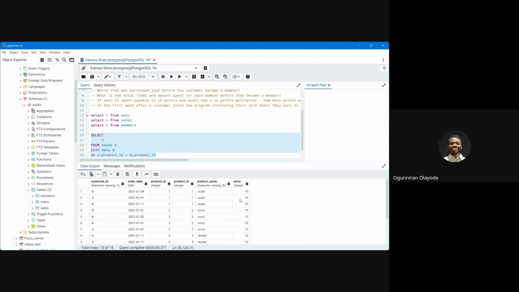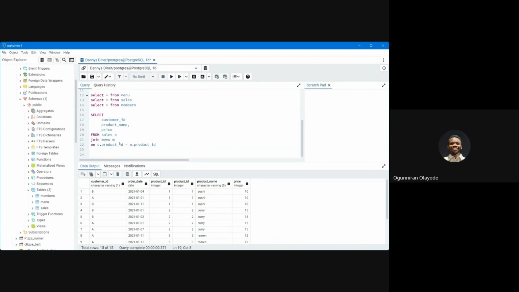Now, how do we go about this? For this, I only need the customer, so I can just reduce it to what I need. I can say customer ID, and probably, do I need product ID? Yeah, I can say product ID or product name. Here's a product name, so that one is much more clear. And the last one is price. So these are the information I need to calculate the total amount spent. If I run this again,